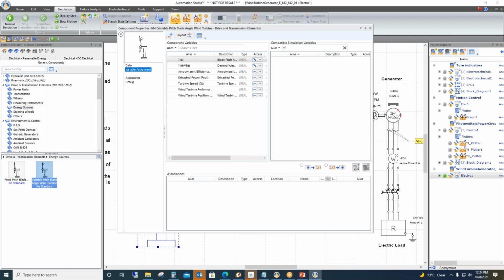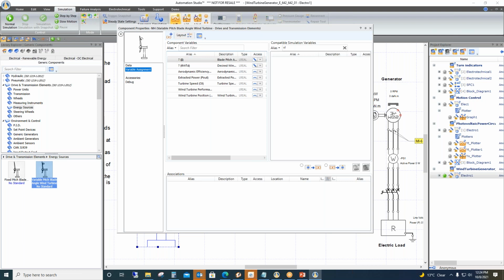Go ahead, Sarang. By accessing those variables, you can change that. So right now, we don't know for what speed the angle changes by how much. That is different for different manufacturers, right? Correct, we have a provision to change that. In SFC or in block diagram, you need to write that logic and you can feed that to the turbine.